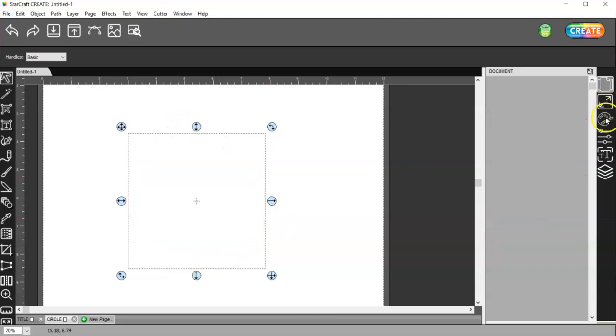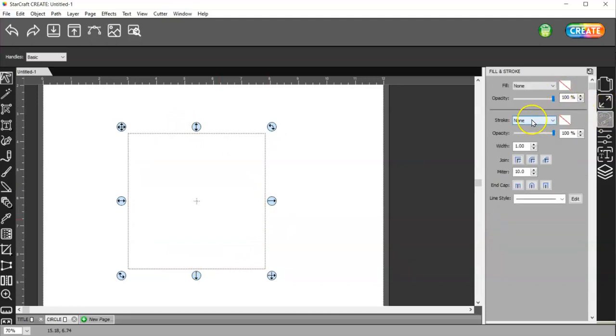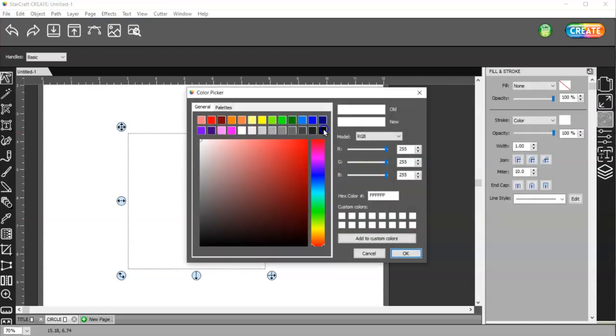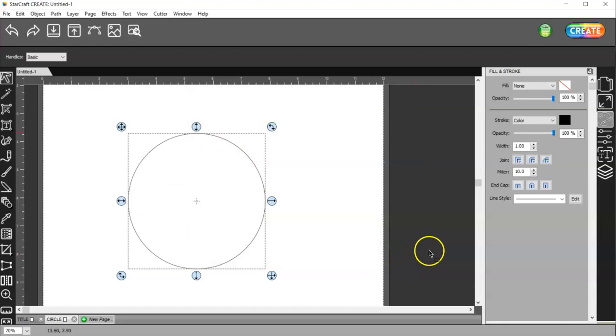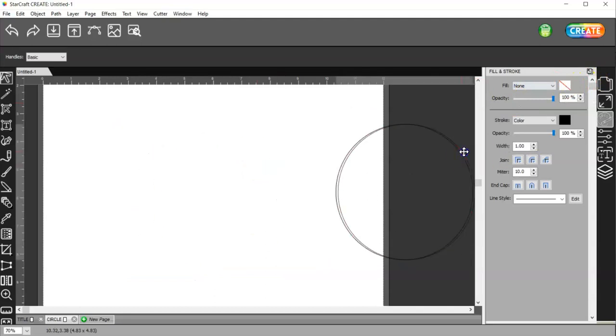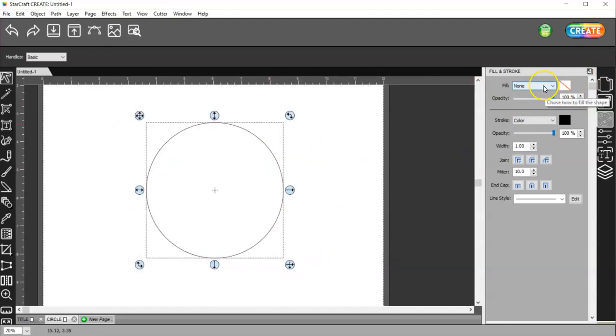Okay. And then the next thing to check is your color. See, I have no fill color and no stroke color. So if I go ahead and give it a black outline, then you can see it. Okay. If there's no color on the inside, then you know it's gonna look like it's white. But